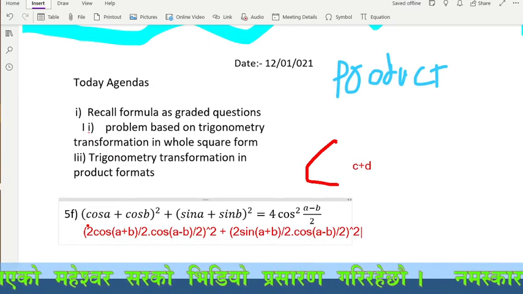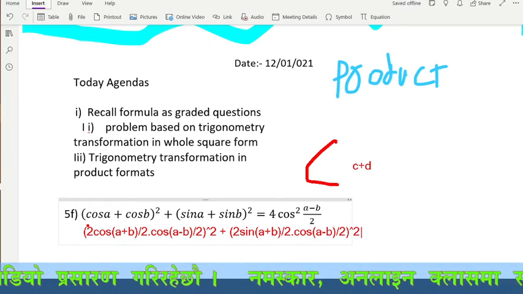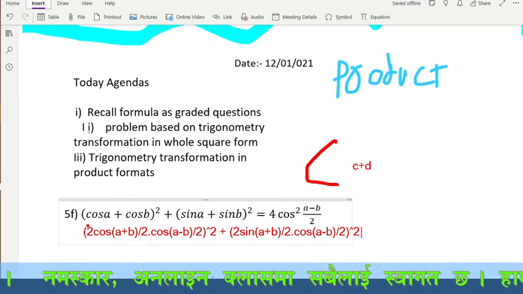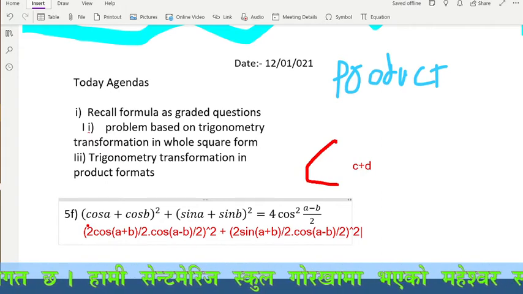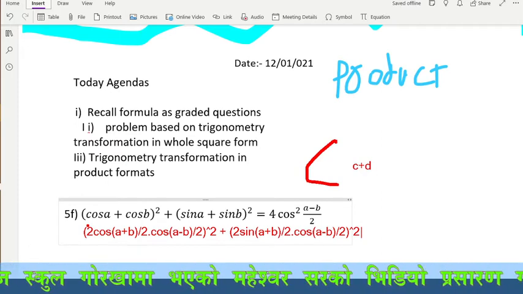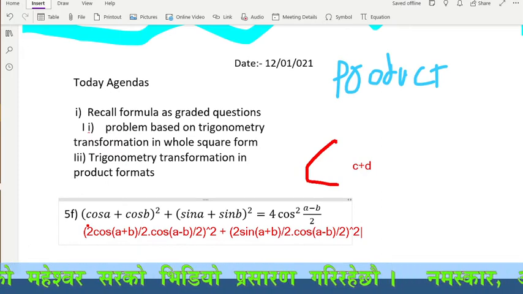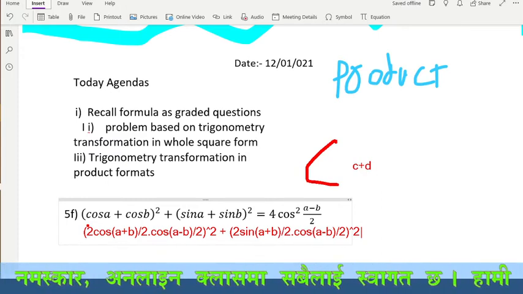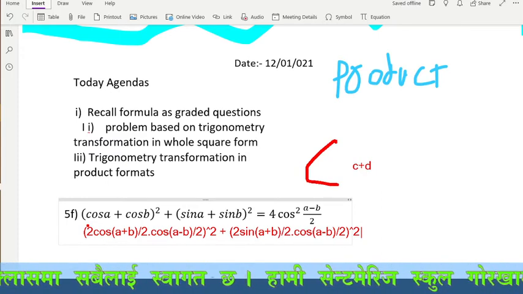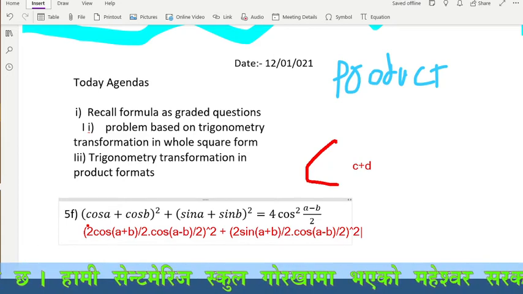So now sir, what is our work? Now listen. What is our work? First we will see, we have not opened this whole square yet. What we have done is just apply the addition formula. Now listen, I will write this here. So what will we get? Addition to product format. Only one step we have to do here, and we'll get the RHS. So what is that one step here?